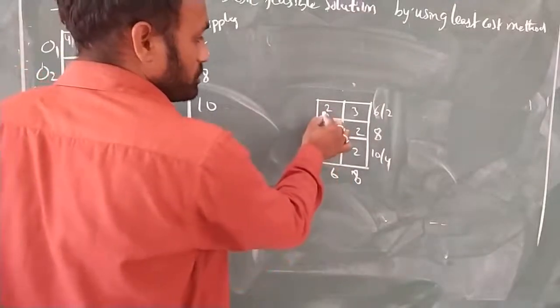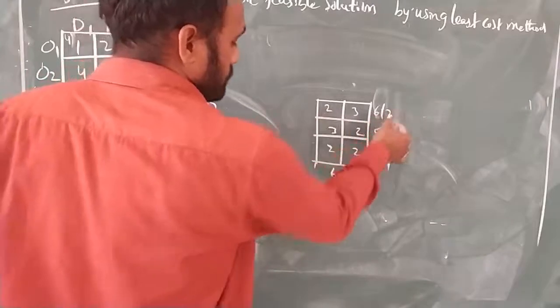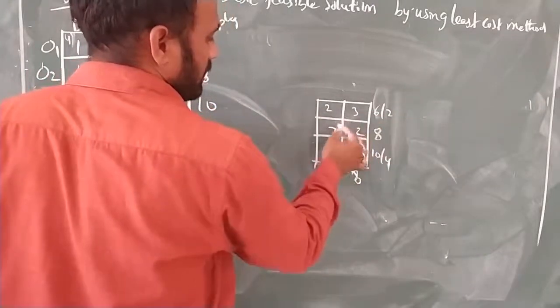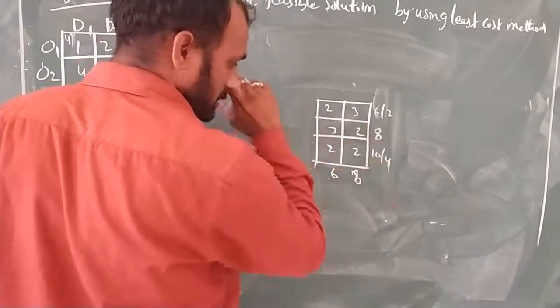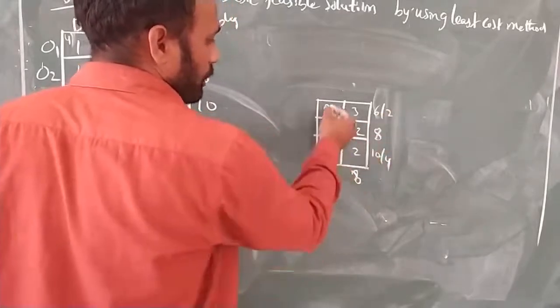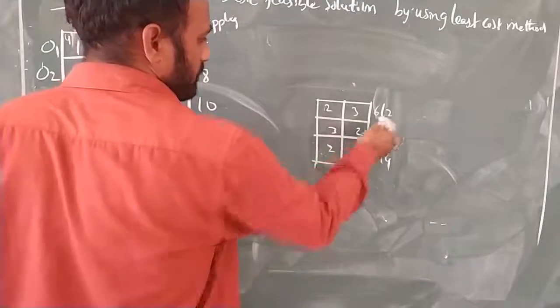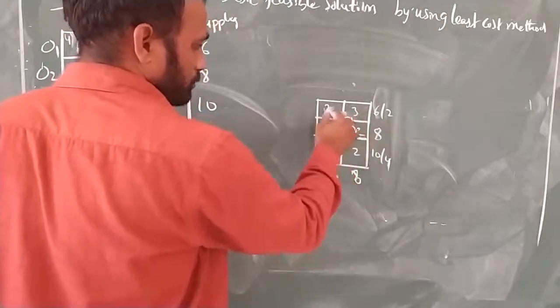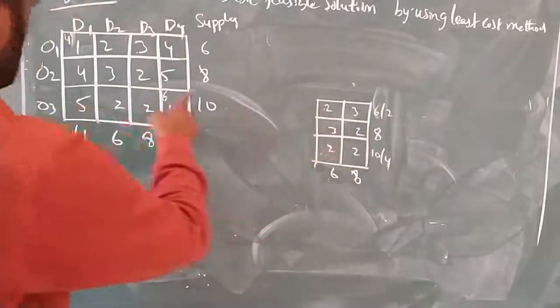Now observe here in this transportation table, the least cost value is 2. If you observe this 2, it is there at 2 6, and this 2 is there at 8 8. This 2 is there at 6 2. So we can take any of these. Why? Because both are same. So if I take this 2, this 2 is there at which place here?